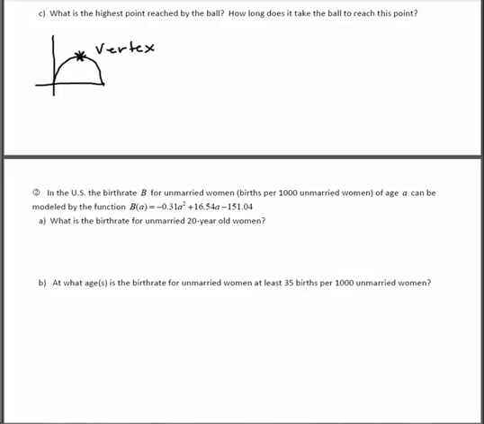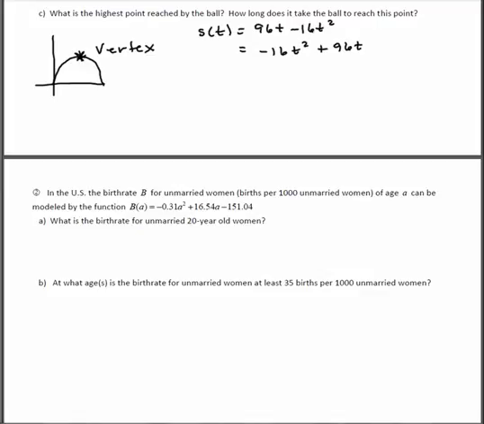In this case, it's in standard form, so we'll want to use our vertex formula. Just a reminder, s of t is 96t minus 16t squared. Or if I were to rewrite that in the normal order, negative 16t squared plus 96t,